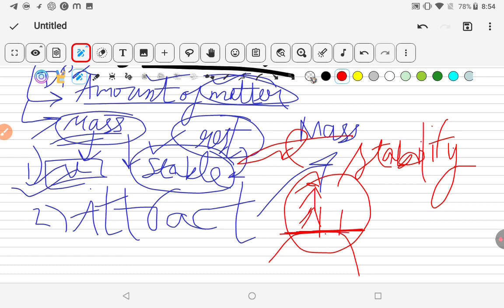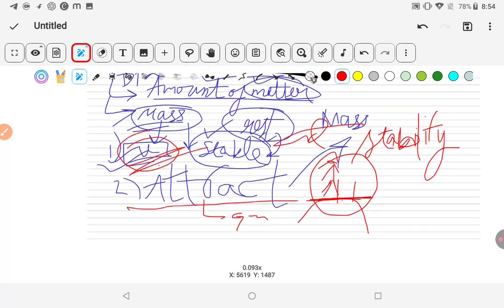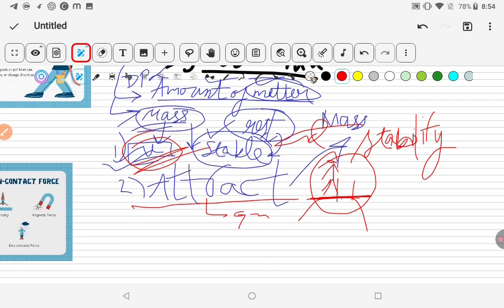Now, when mass opposes any change in velocity, this mass is called inertial mass. And when the mass is attracting another mass, this mass is called gravitational mass. But remember that these two masses, gravitational mass and inertial mass,